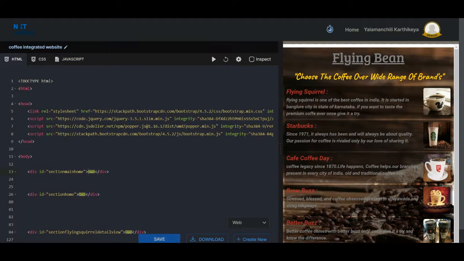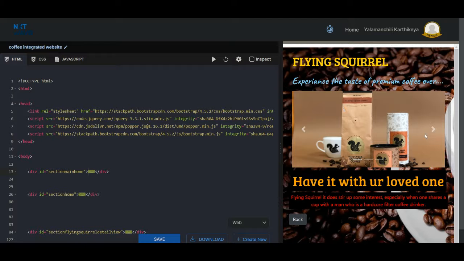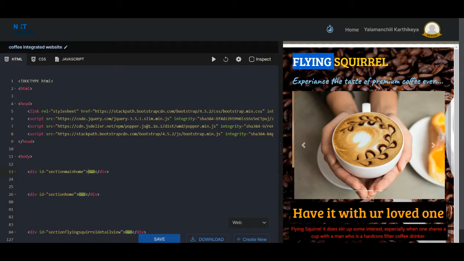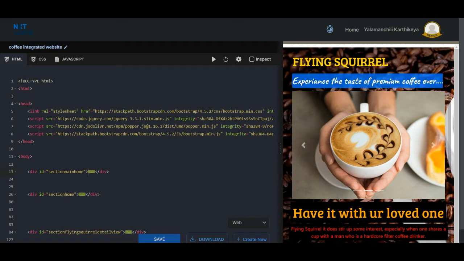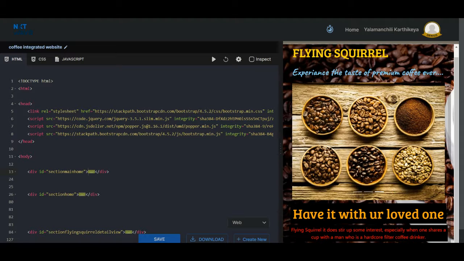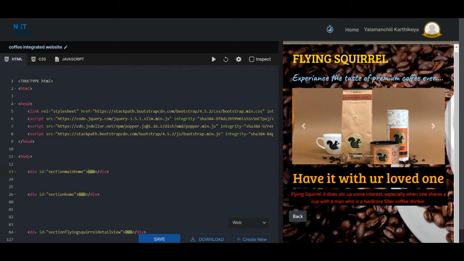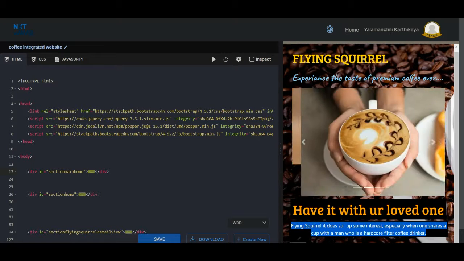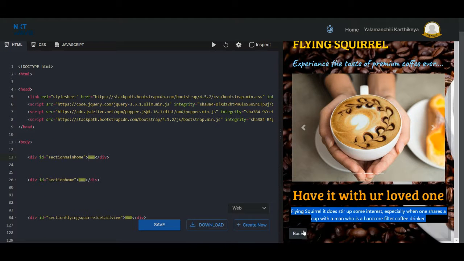Now if we click on these cards, any one of these cards, we may click on this first one. I'll get another page like this regarding that brand. In this, I'm having a background image, a heading for a card over that. In that card, I'm having a main heading, and after that main heading, I'm having this para, and down to that, I'm having a carousel with three images scrolling, and down to that, I'm having another heading, and in that heading, I'm having a background color as black. Down to that, a para is also there.